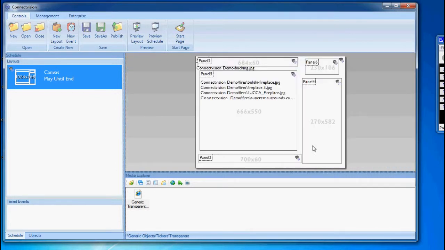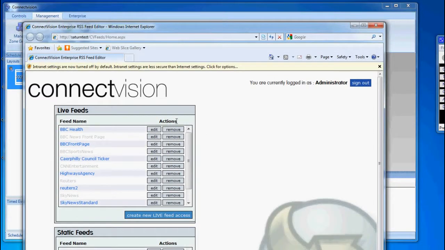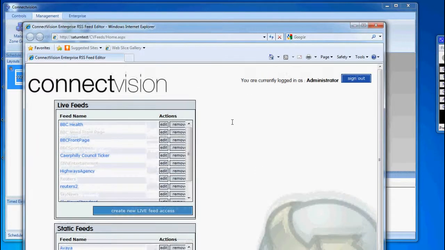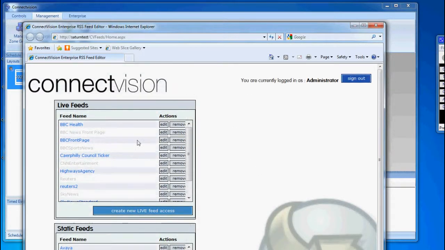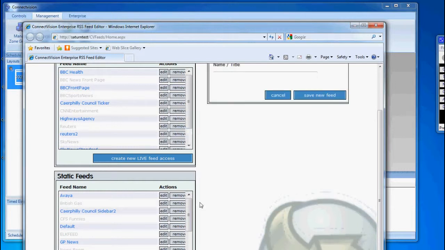Now, we can make feeds. If we click on the Management tab and go into Manage Feeds, here we have live feeds and static feeds. Live feeds are those that are on the internet existing. Depending on whether you have internet access, this may not be tremendously useful to you. Our static feeds are contained only within the system itself. So I'm going to create a new one, and I'm going to call it